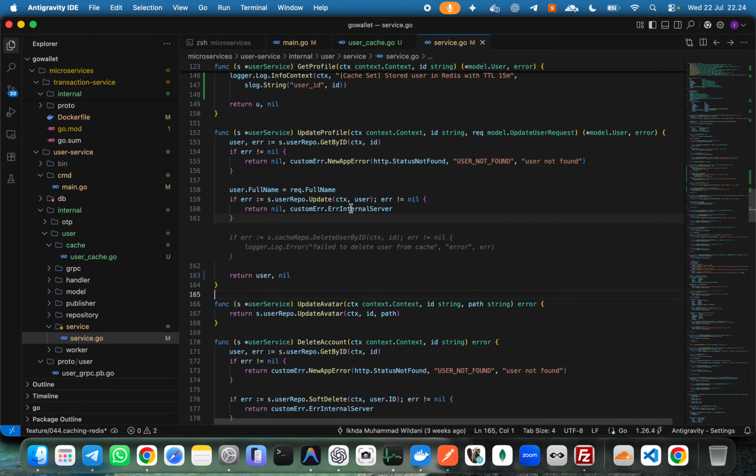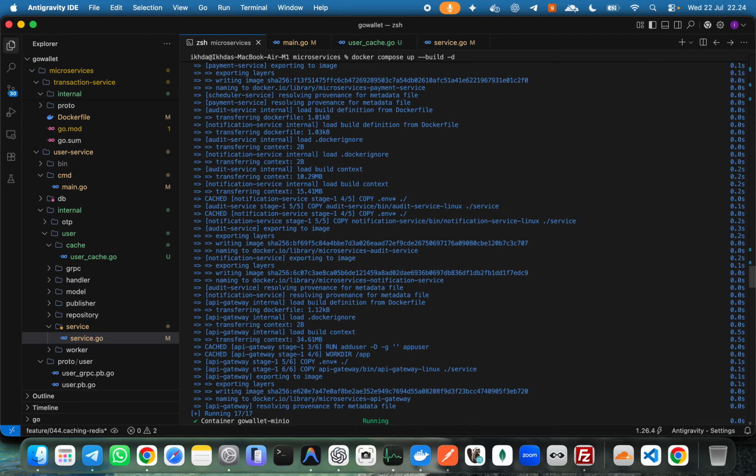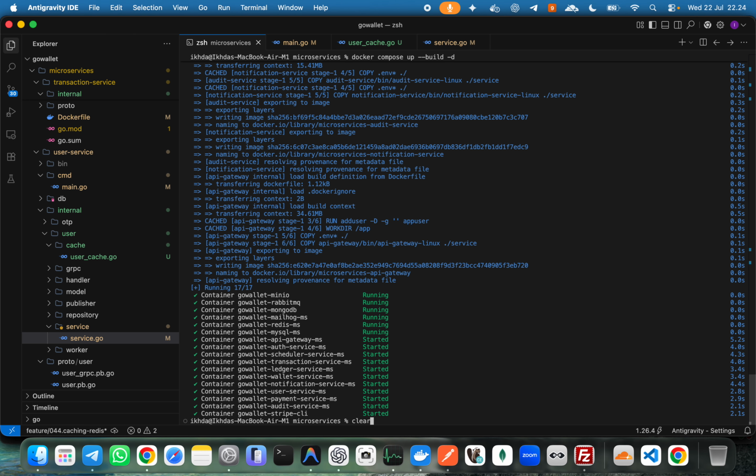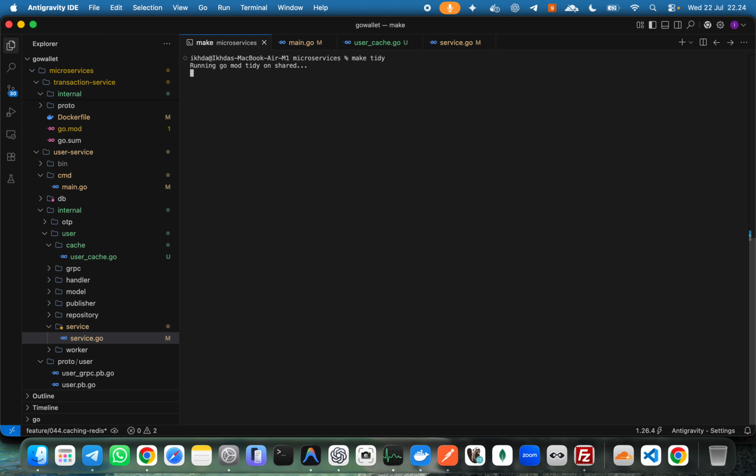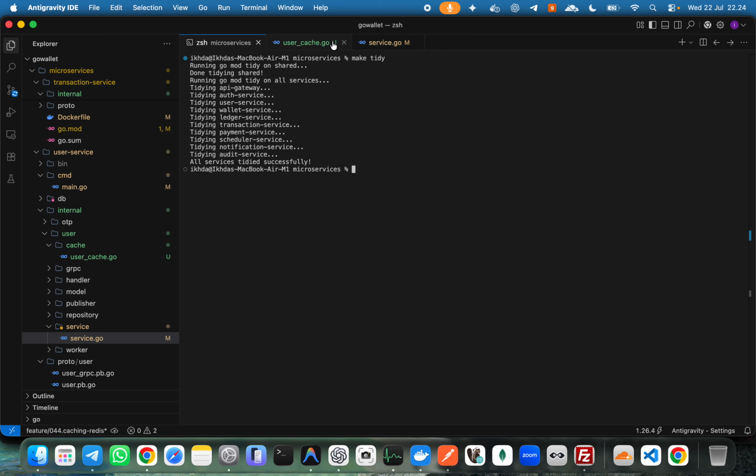And I think we can do get profile, cache repo file, delete user by ID. This one later we go after this. Okay, then we clear the make ID, and also it's checking, and also I think like build Linux,